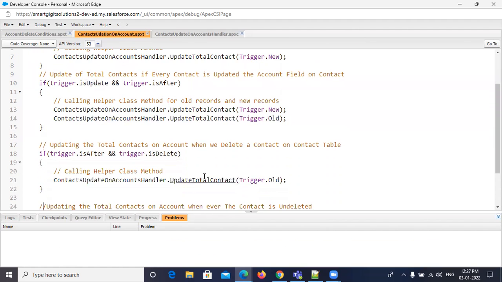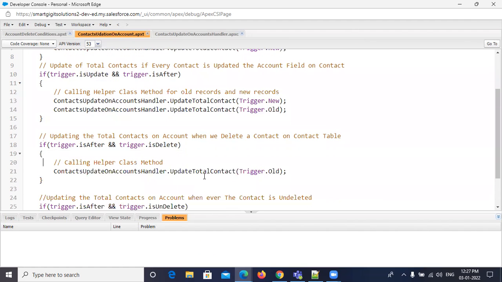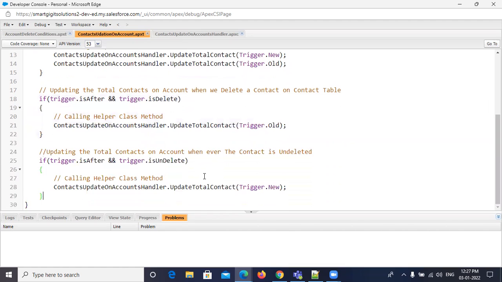The third is whenever we delete, and whenever we undelete, meaning we roll back records to the original state, at that time also we can calculate the number of contacts.